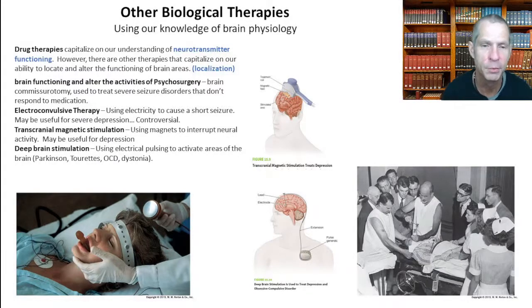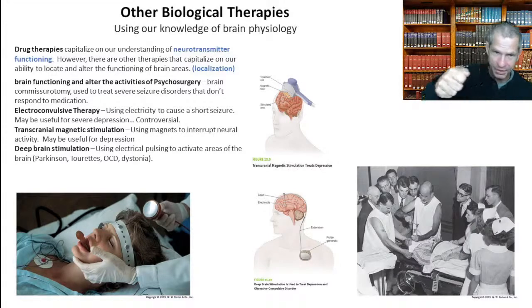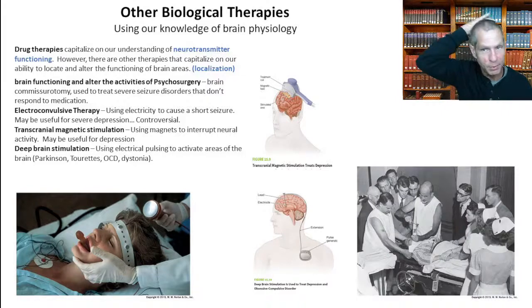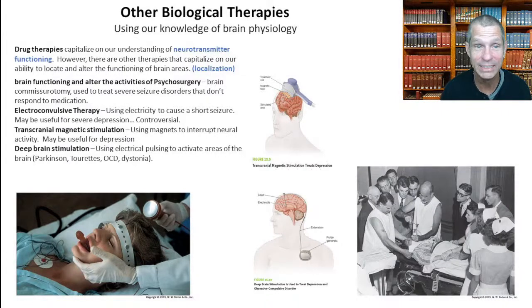But they're getting ready to pass, see that little thing that they've got? They're getting ready to pass some electrical voltage into her brain to cause a seizure. Now, unfortunately, there's a little bit of short term memory loss that occurs when you have electroconvulsive therapy. And that's one of the things that critics point to when they don't like ECT. Your doctor's probably not going to talk about the use of ECT for treating depression. As I said, it has such a bad history that it is still fairly controversial.